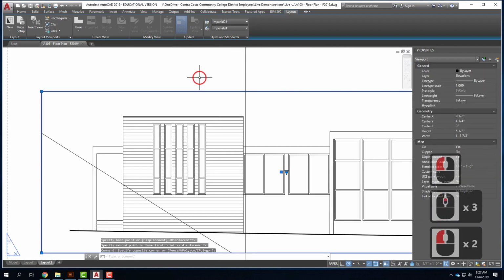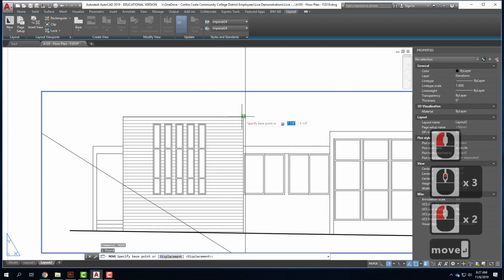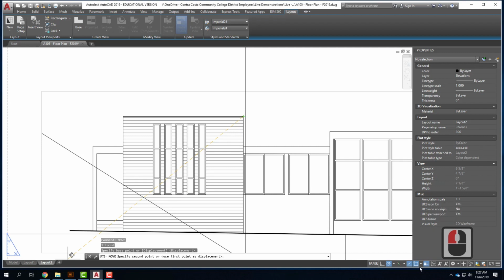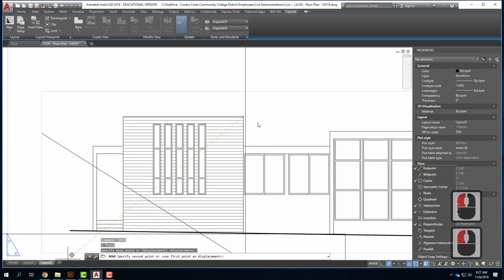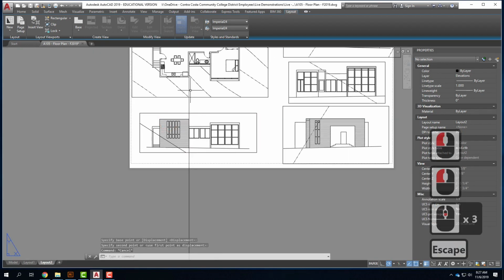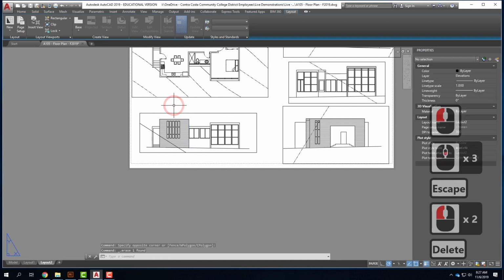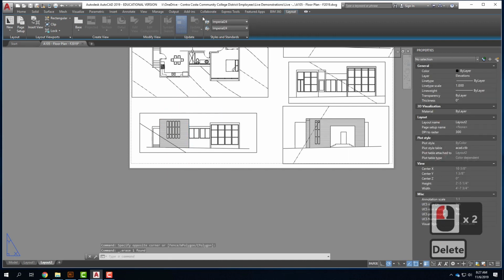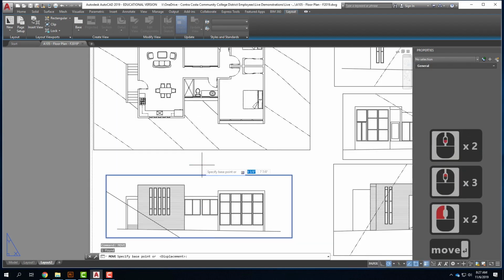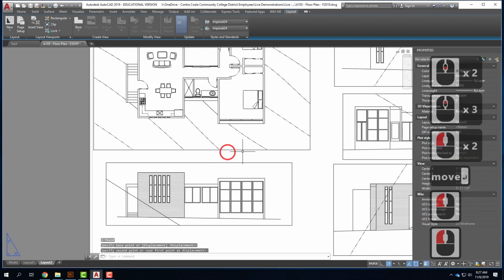Oops. Try that again. I clearly need my perpendicular snap turned on. There we go. There we go. So I just make sure that those two edges line up. It's good practice to make sure that they line up because it helps relate the two together. This may need to move up just a little bit, so we can type move, and I'll move it up,